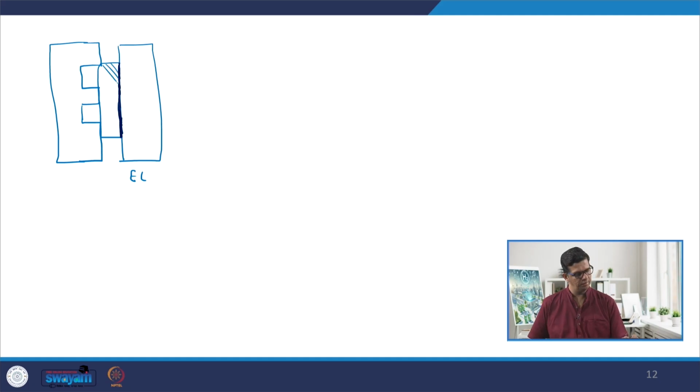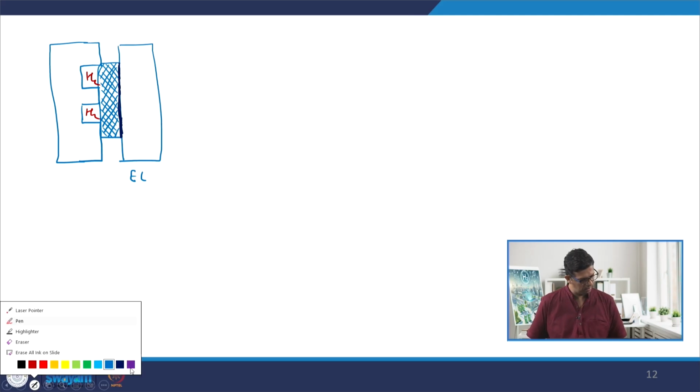This is the gas diffusion layer. And this is where your hydrogen comes. So, these are the channels, and these are the ribs. So, if I try to zoom in here, this much portion,